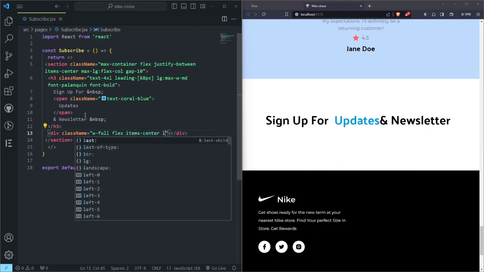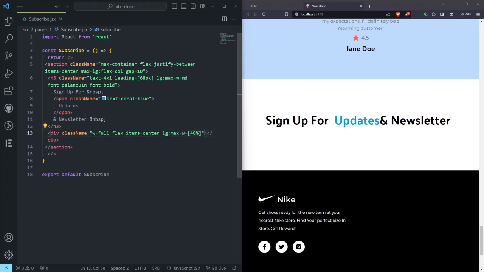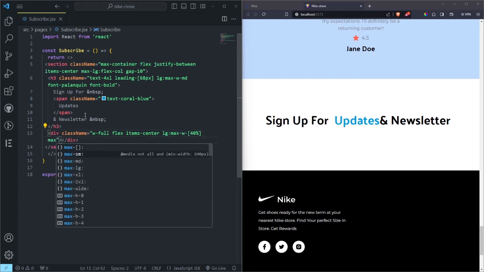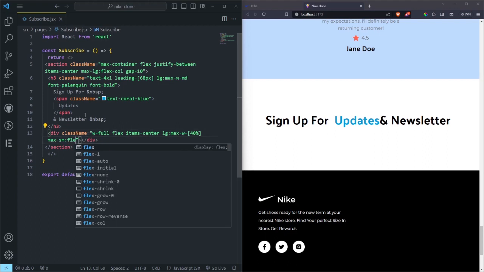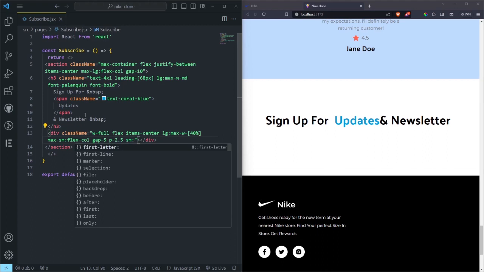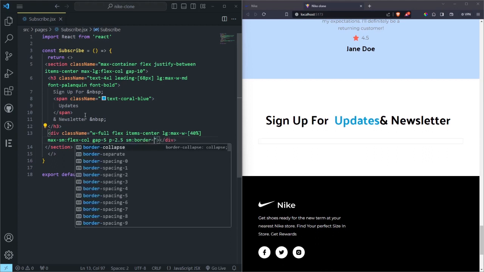do maximum width of 40%. So let's do maximum width of 40%, and then do what? Max SM to be a flex column, a gap of 5. We can do a padding, right? Padding of 2.5, and then we want a border for it, and this border is going to be slate gray